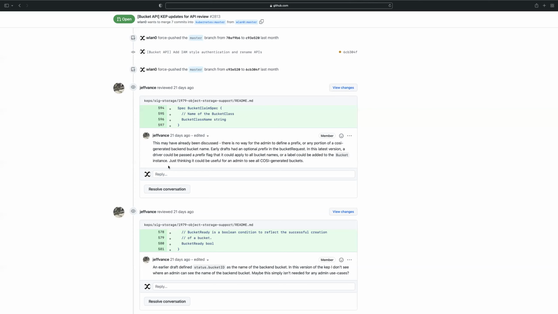If you're importing brownfield buckets that you don't want to get deleted by Kubernetes, you just set that deletion policy to retain, and then people can delete them and they won't go away. For that specific case, the metadata required to do the right thing is in Kubernetes.